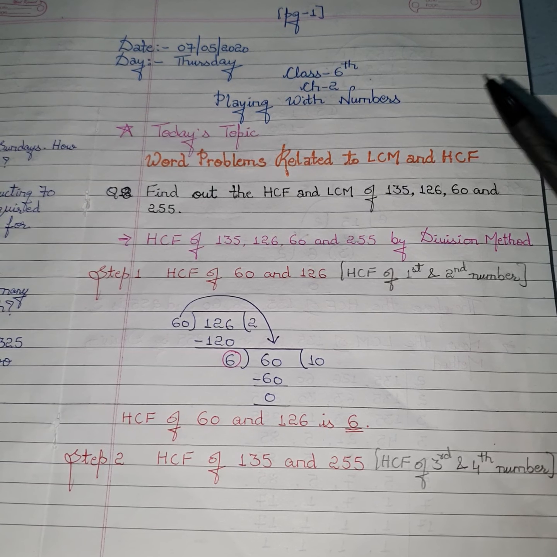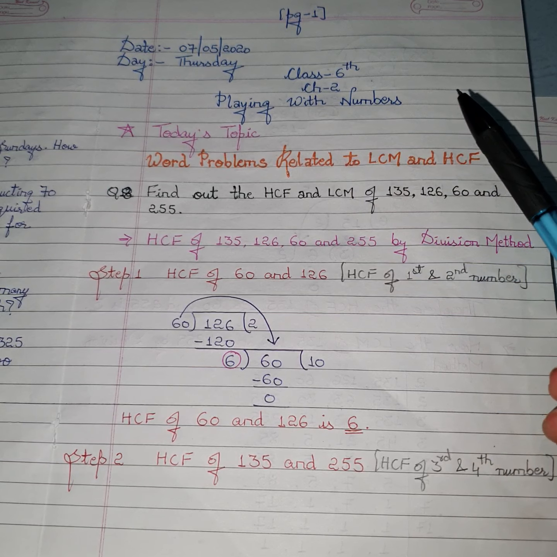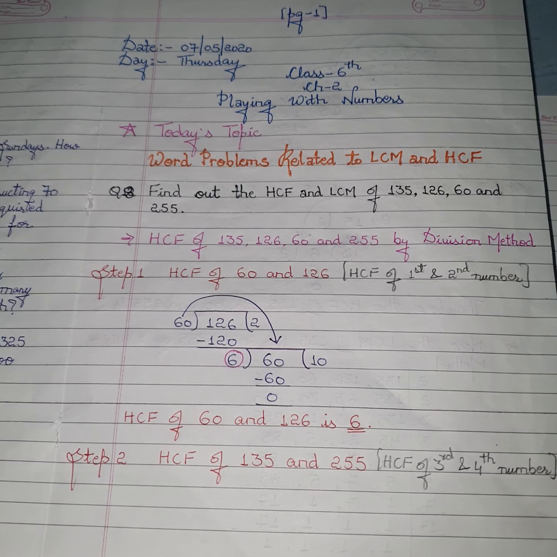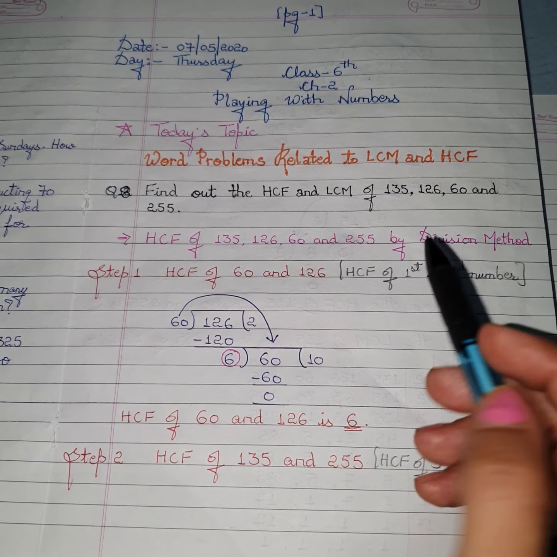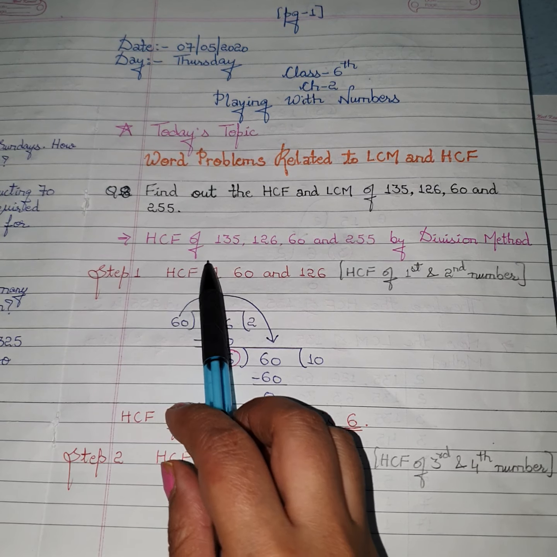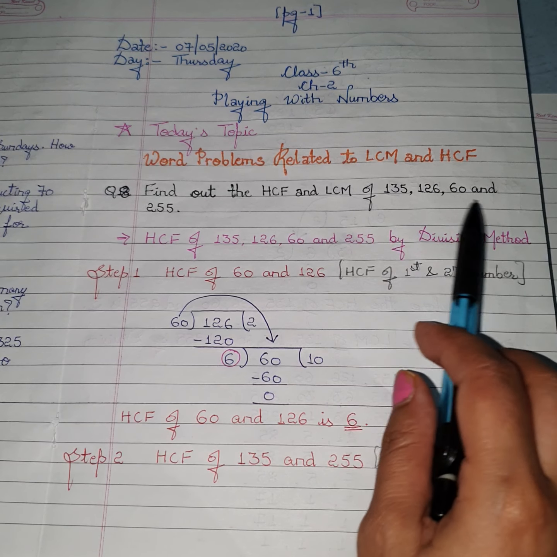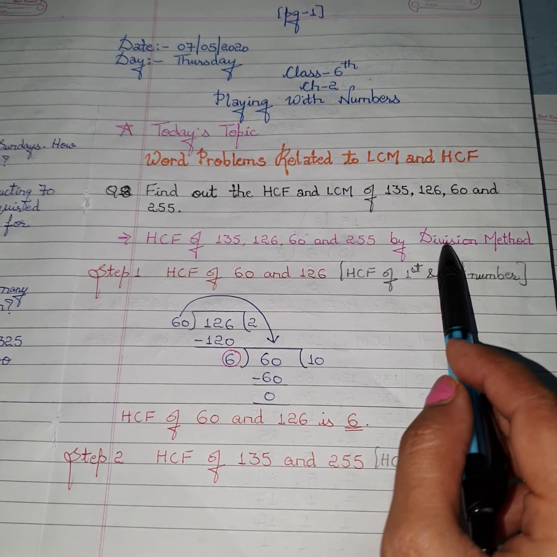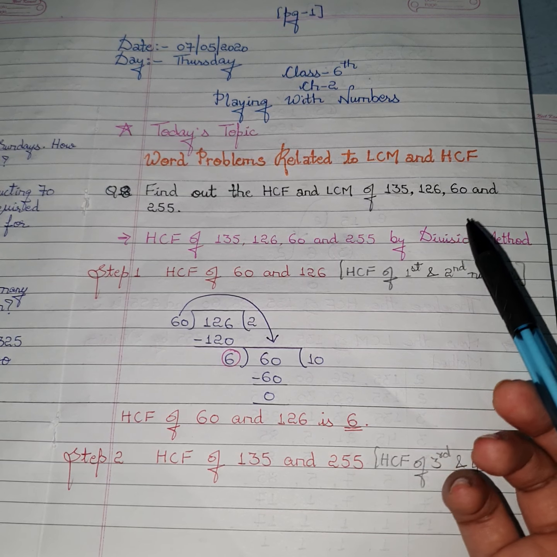We don't have to do anything extra. We have to only find the HCF and LCM, and you already know how to find the HCF and LCM of any given numbers. So here also you have to find the same thing. So firstly I am starting with the HCF, and here are 4 numbers of which I have to find the HCF. And students, I am using division method only, as I have told you in my previous videos also.